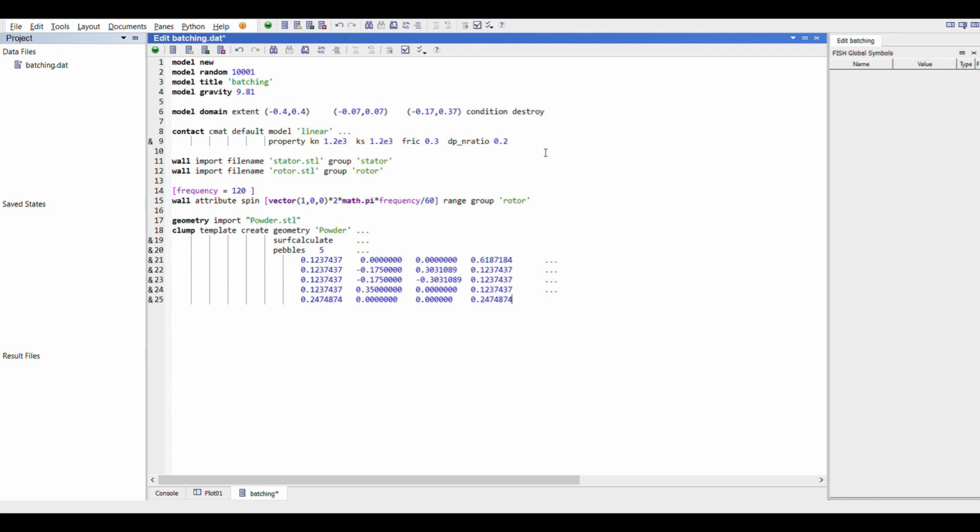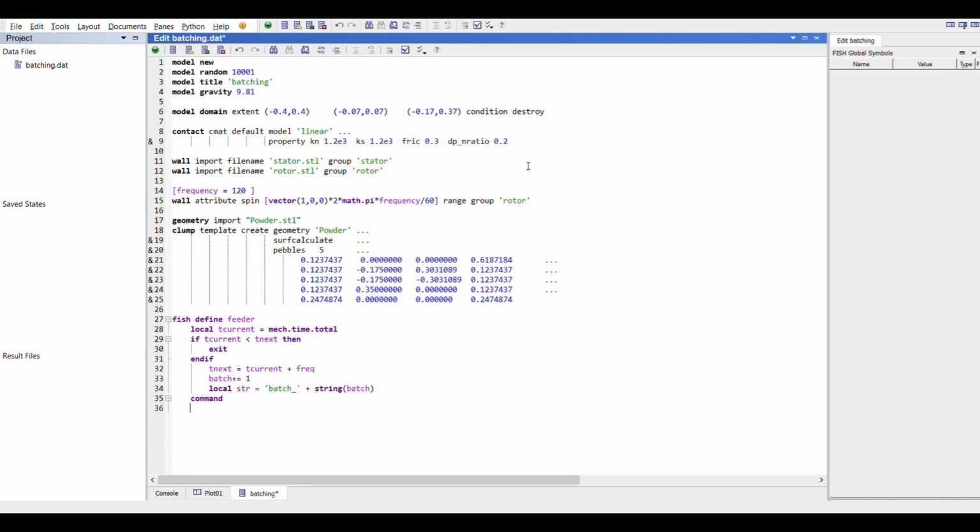After which we want to create a continuous supply of ingredients into the mixture, so we can start by defining a FISH function, define feeder. What this function will do is provide an uninterrupted supply of ingredients into the mixer. We can define a local variable current which will issue the current time of the model. And then if we compare it with the next time of the model, if the time is lesser than the time of the frequency in which the ingredients are to be added in the mixer, the clump will be generated inside the model. So you can see that I have used the command and end command inside the FISH function.